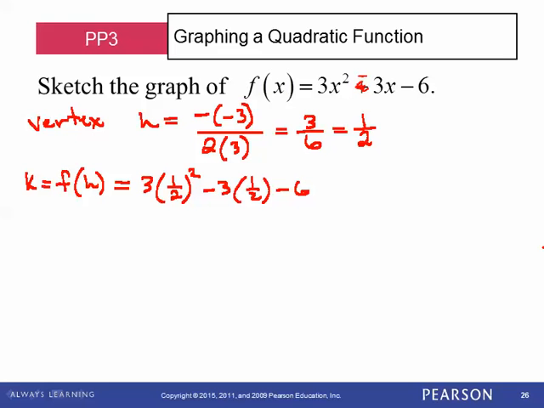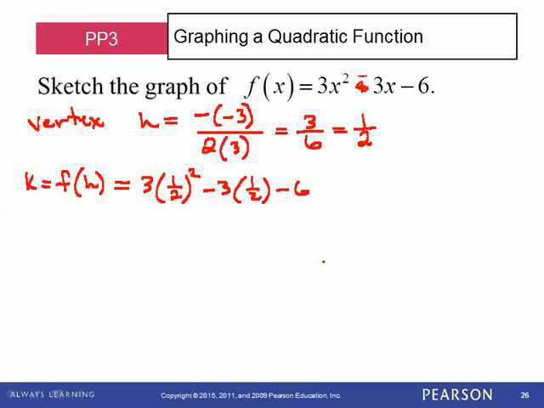Yeah, what we do is we plug h into the f function to get k. Because I wrote it wrong. In the practice problem itself, there's a negative in the problem. No, because the formula for h is negative b over 2a. So it's the negative of the negative 3. Okay,